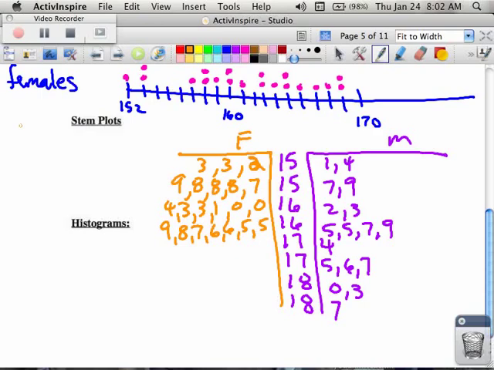And here you see how dense the females are in that 150 and 160 range, whereas the males are much more spread out, and you can kind of see a curve. We're going to talk a lot about distributions. You can see the distribution here. It looks kind of like this. And if you were to turn it on its side, it would look like a mountain. So if I'm looking at histograms, let's just talk about